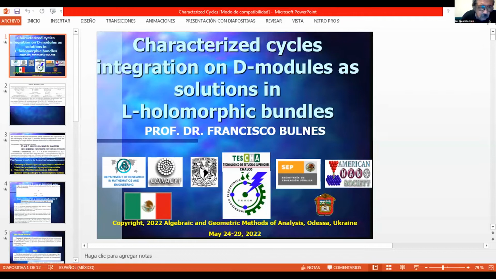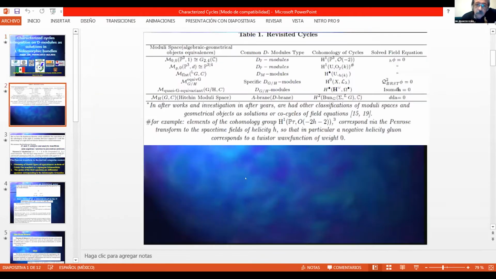Well, my research is founded in integral geometry, and uses algebraic geometry to obtain the solutions of different field equations and consider the moduli problems given by the different moduli spaces, at different levels of the study of field theory, and obtain these space classes, which are the solutions of these field equations.